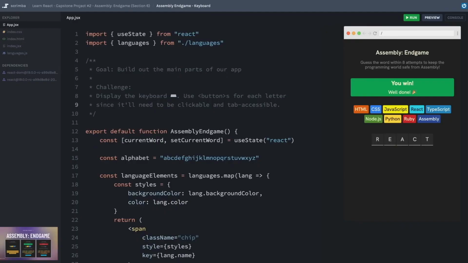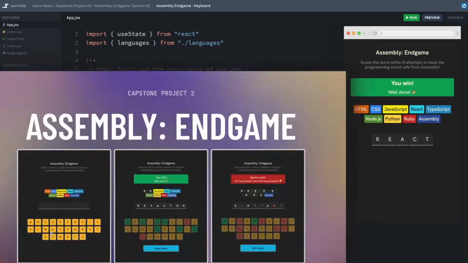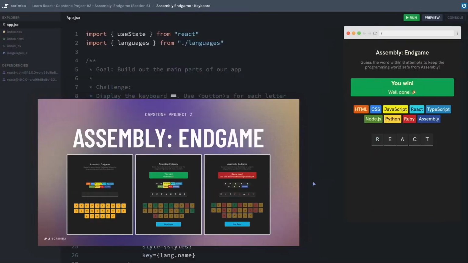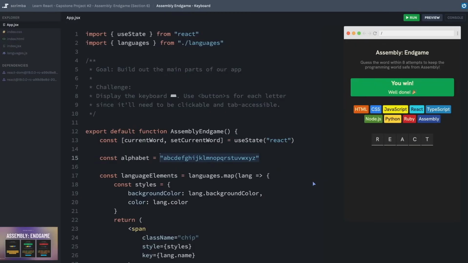Arguably, the most important part of this app is the keyboard. It's the main thing that our users are going to be interacting with. And it's your challenge to get it up on the page. I've created a static variable that just has all of the letters in the alphabet that you can use to map over the letters and display the letters in the keyboard. Make sure that you make each letter in the keyboard an actual button element because, well, semantically, that's correct, and it also will come with a bunch of free accessibility benefits as well. Go ahead and get started on this challenge.